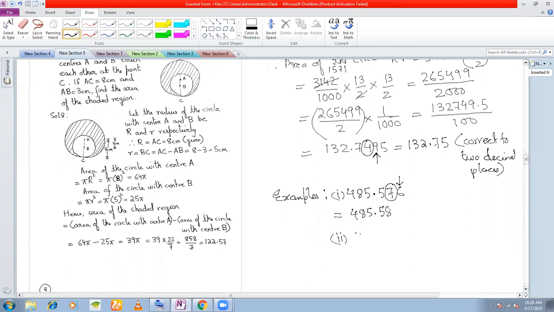Another one, 23.714. How do you round it off? This is correct to 2 decimal places. How do you round this off? 23 point, because you have a number 4 here, which is a number less than 5. So therefore, you write this as 71 only. You keep this number as it is because this number here, 4, is less than 5. Is it clear? Rounding off?